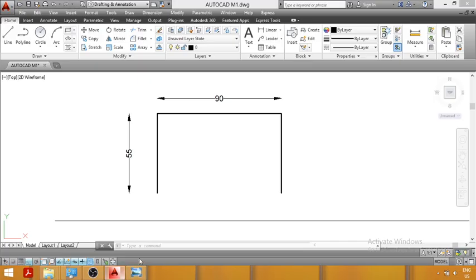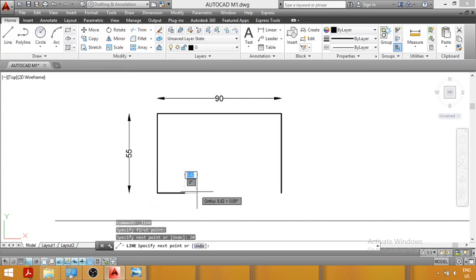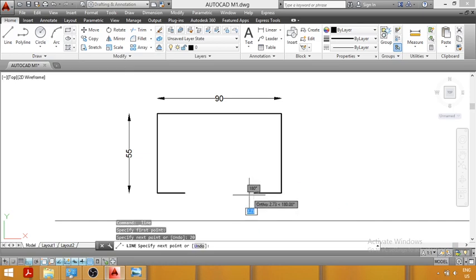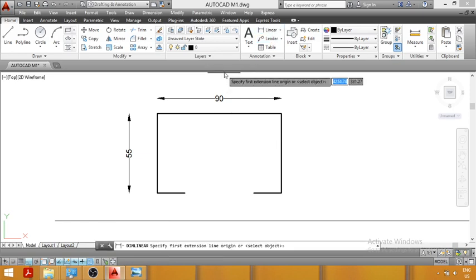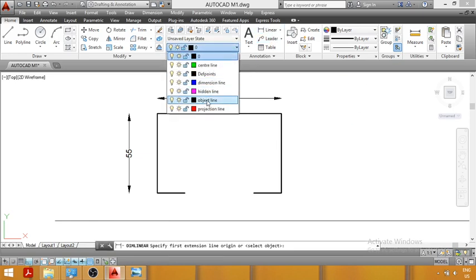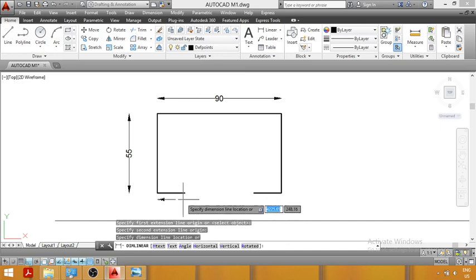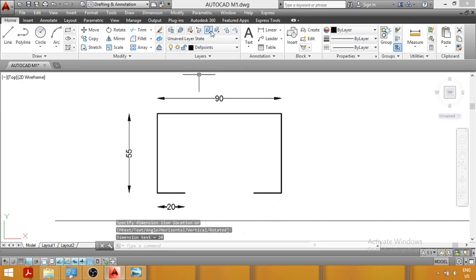So now here we will draw two lines of length 20 mm, first on the left hand side, and then a line of length 20 mm on the right hand side. Now you can see, I will give the dimension. The dimension of this distance is equal to 20 mm.